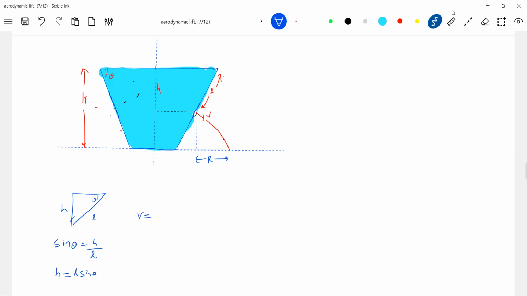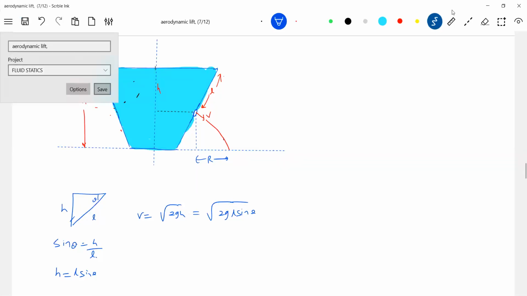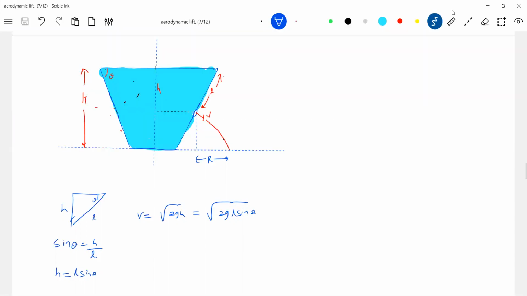Now, what is the velocity of efflux? It is root 2gh, which is root 2gL sine theta. Shall I write directly? There is no need of Bernoulli's theorem directly because it all depends on depth, no? Not length L, slant length L. Vertical depth: at what vertical depth the hole is located. Pressure depends on depth, no? From that we are deducing this one.